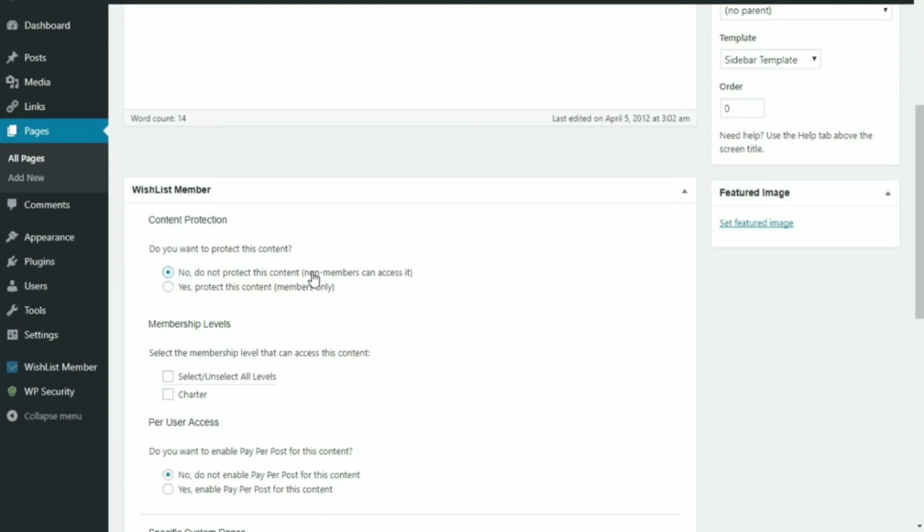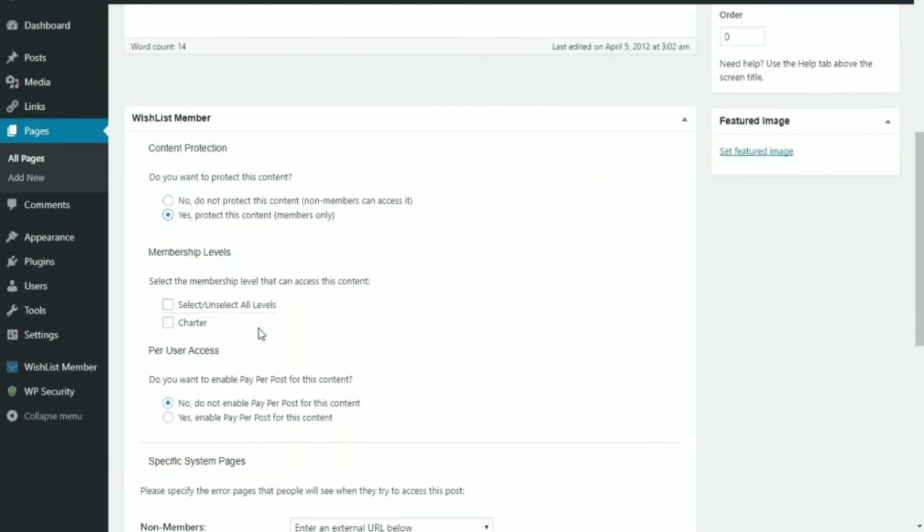This page is meant for paying members only, so the next thing you would want to do is opt for "Yes, protect this content, members only." The next question you'll be asked is to select the membership level that can access this content, which means who can